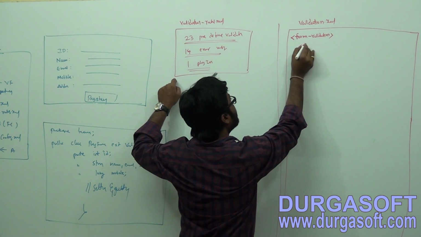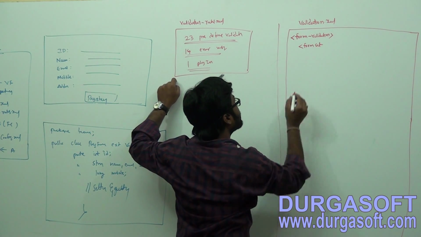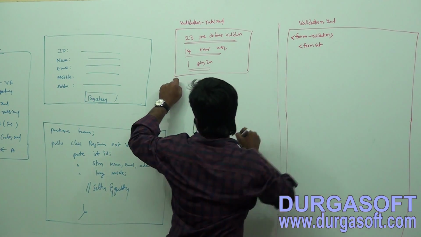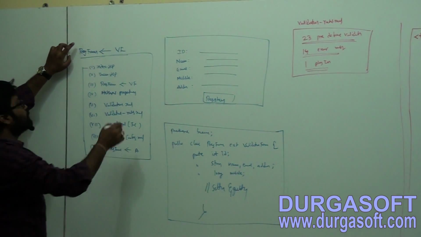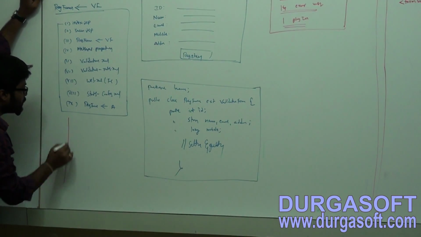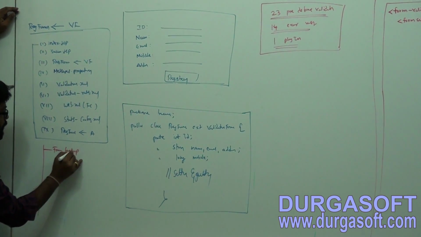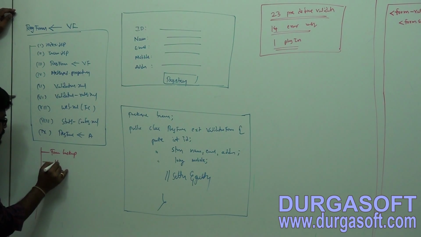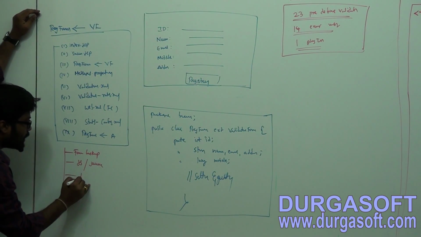In between form-validation we have one more tag, formset. Which features does this validator form approach provide? Form backup, JavaScript validations, Java validations, and one more support,